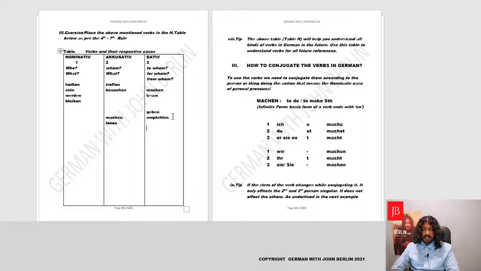Then there are some verbs which basically are hidden dative verbs. What do I mean? I help you. So it's basically who helps whom. That's the initial idea which people think, but that is wrong. Helfen basically means I give to you help. So the verb to help is basically helfen, and it basically means who gives to whom help. That's who gives to whom what. That is, help itself is in the verb.